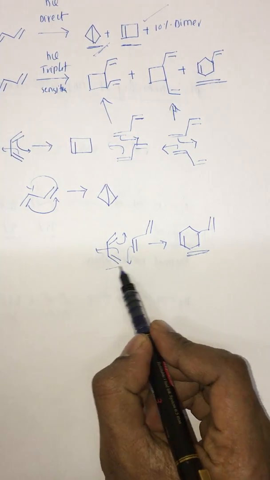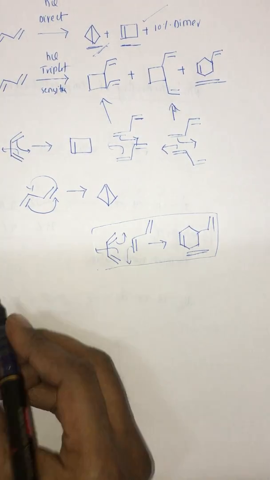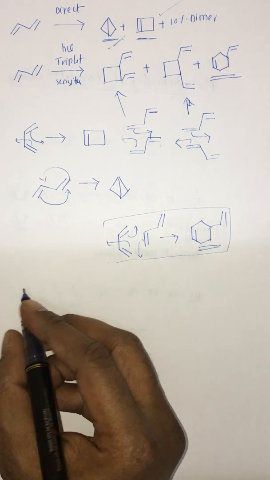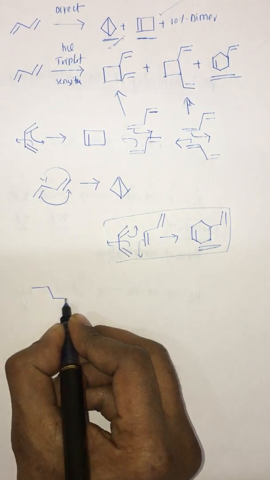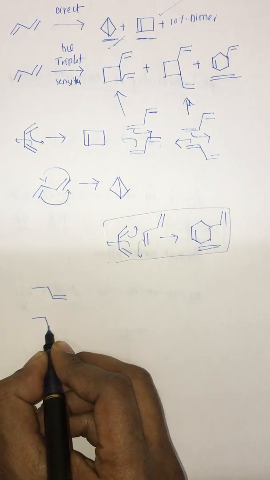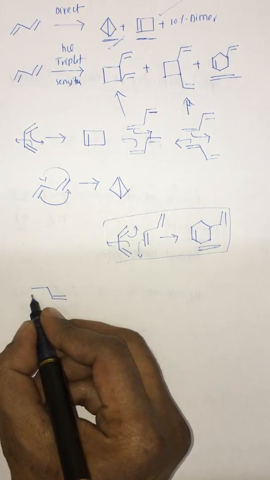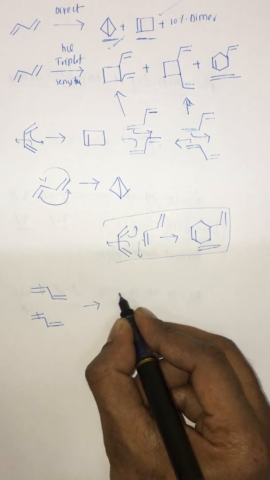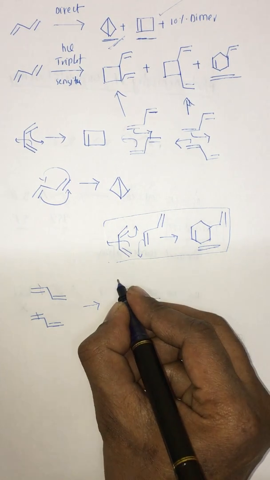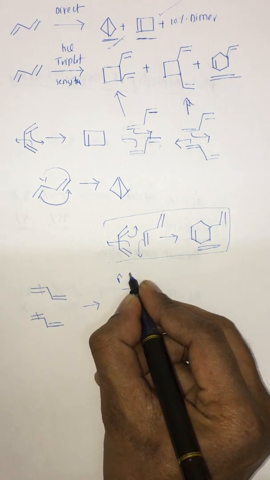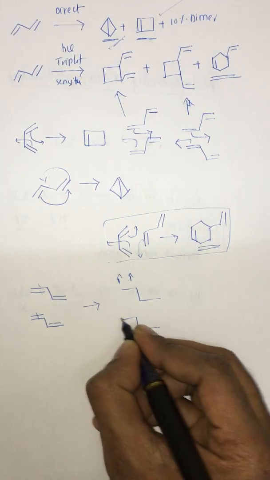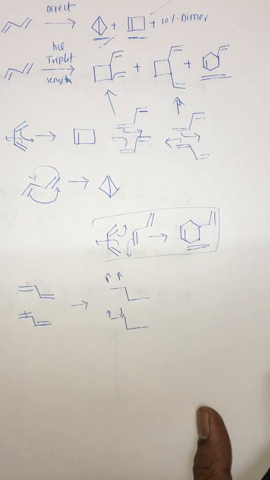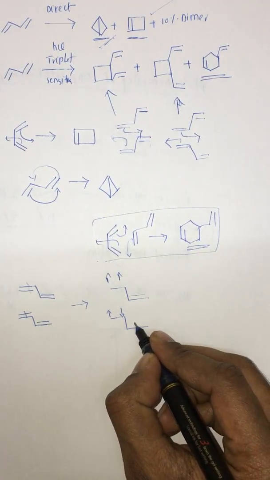Actually, this is not the actual mechanism. It's too lengthy. Okay, I will draw the mechanism for this. This gets homolytic cleavage. So one will be at a triplet state, another one will be at a ground state. And here double bonds will be there,